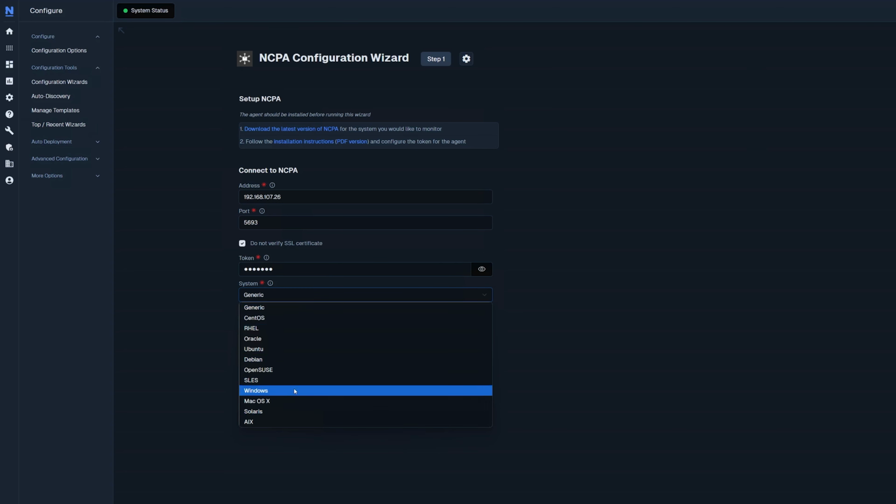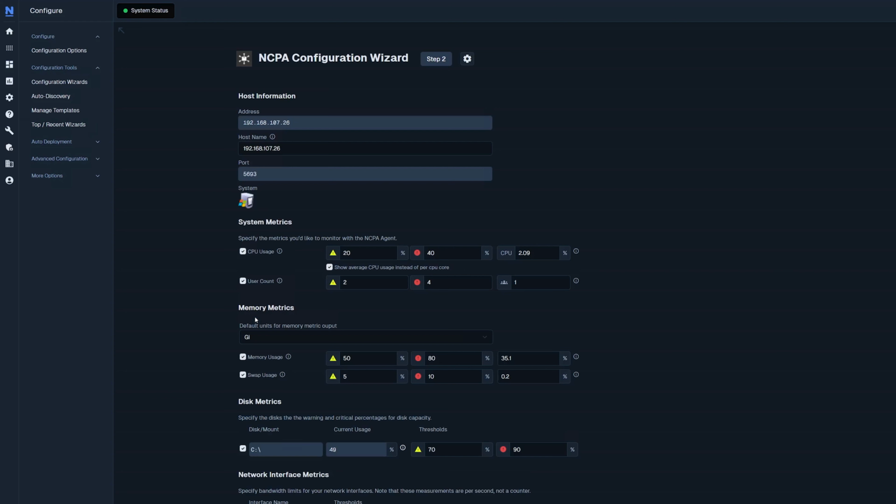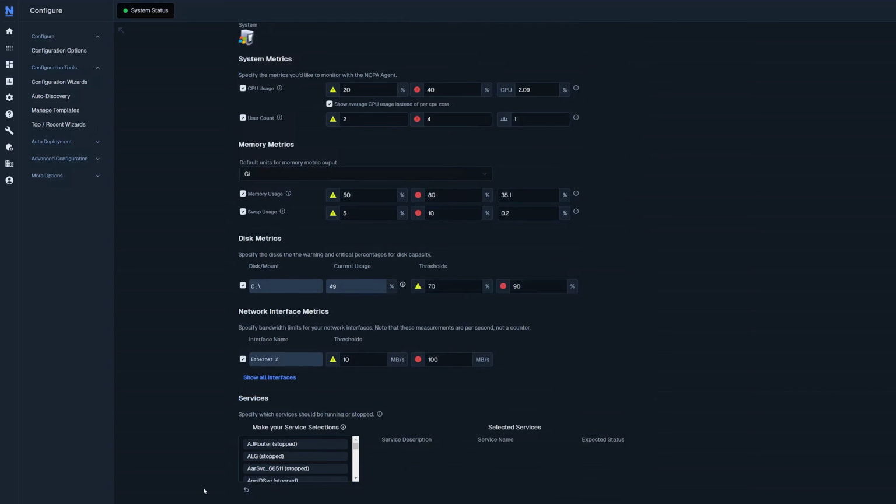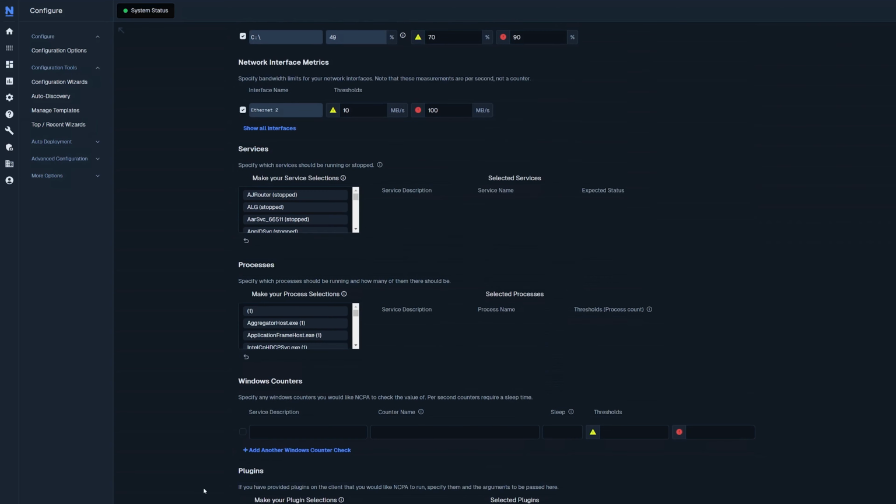For System, choose Windows. Hit Next, and if you don't get this screen, double check that you have the correct IP address and token. From this page, you can change host information. I'll change the host name to my host. You can monitor warning and critical thresholds for CPU, user count, RAM, disk, and network usage. The values on the right can help you gauge what thresholds to set, and you can add additional services, processes,